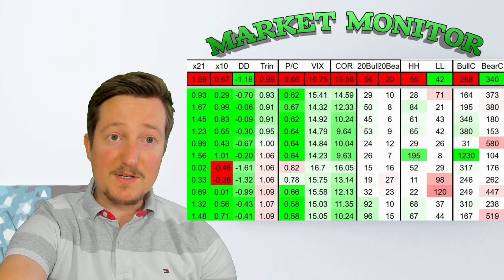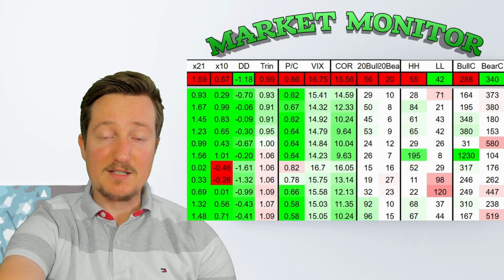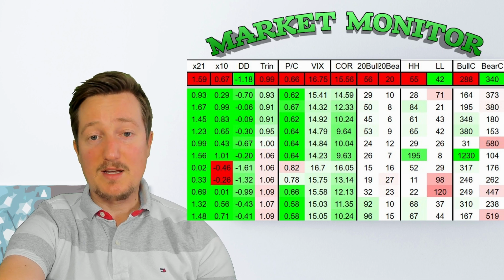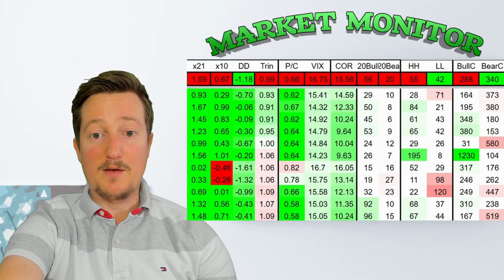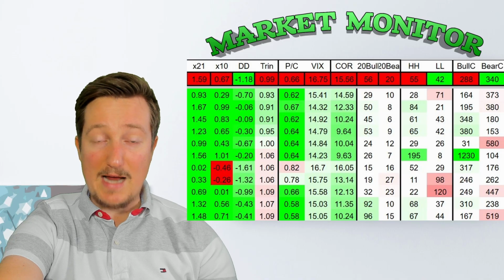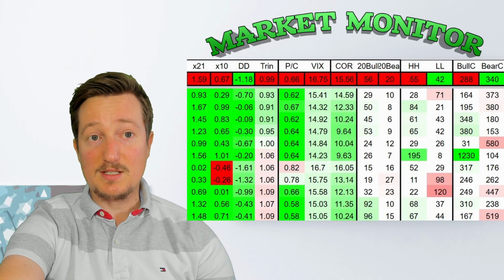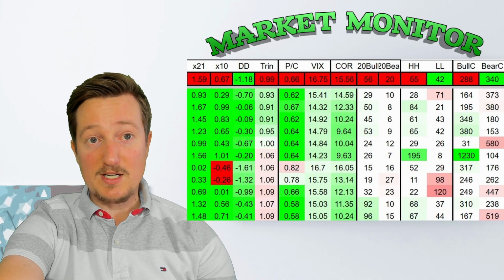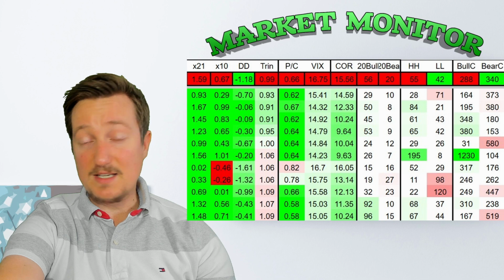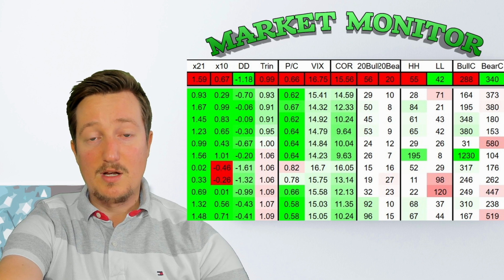Now the VIX is back up to 15, and this COR is the one-month correlation index. What that means is it covers the top 50 stocks in the S&P 500, and whether their options are predicting that they're going to be correlated, that they're going to move together. And when stocks start to move together, that means it's going to be more bearish. Correlations typically go down when everything's at all-time highs and bullish, and correlations increase when we're about to go bearish. So look at that: the correlation index went from 10 to 14 as the VIX stayed flat. That's basically giving me an indication that we could see some bearish action going forward.